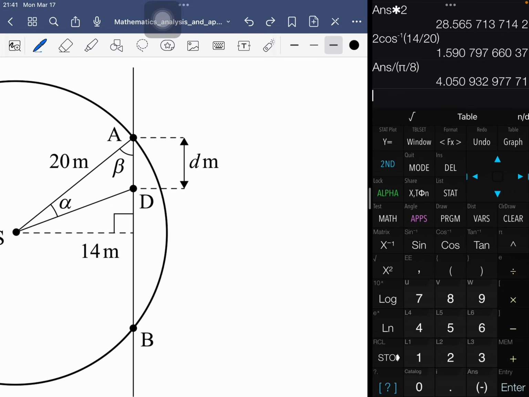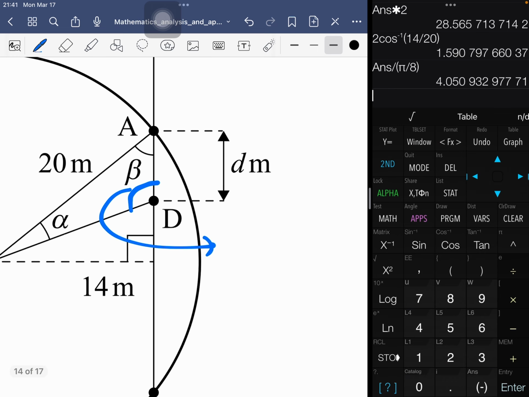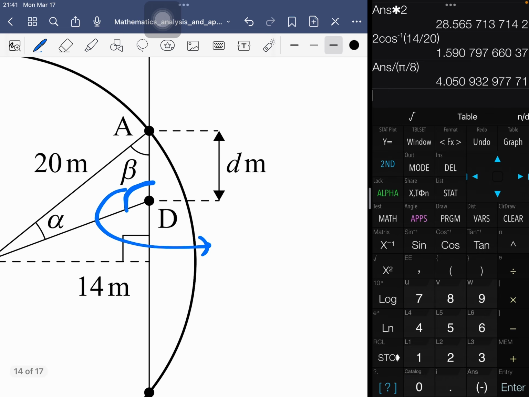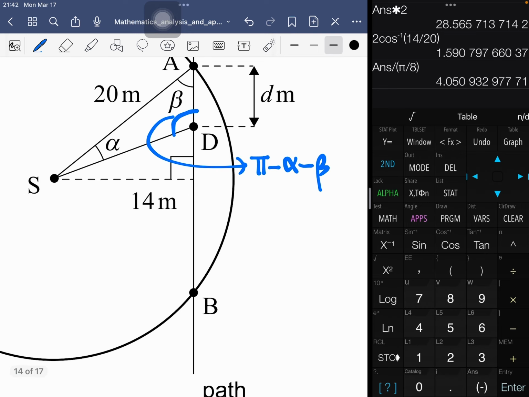We can say this angle here equals pi minus alpha minus beta, because the sum of all the angles inside a triangle is pi, so subtracting alpha and beta gives us that angle. So applying the sine rule, we can say